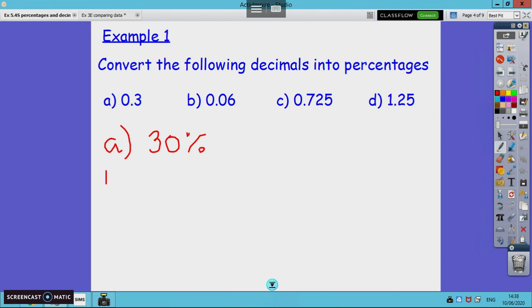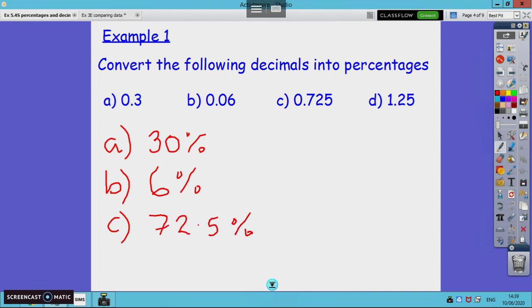Part B, 0.06 times by 100, everything moves 2 places up, and that just gives us 6%. Part C, everything moves 2 places up, 1, 2, and the 5 has to move up as well, 1, 2, but the 5 stays after the decimal point, and so we get